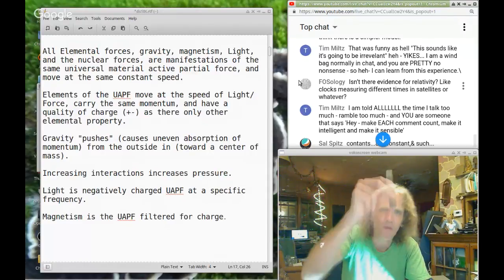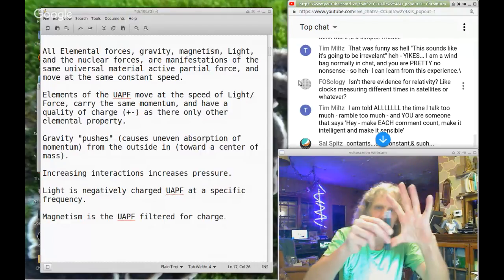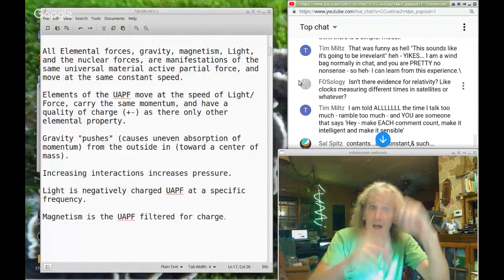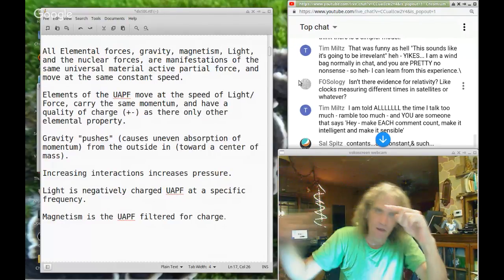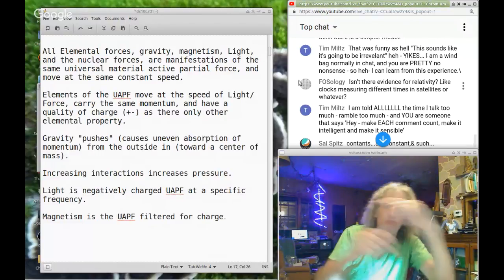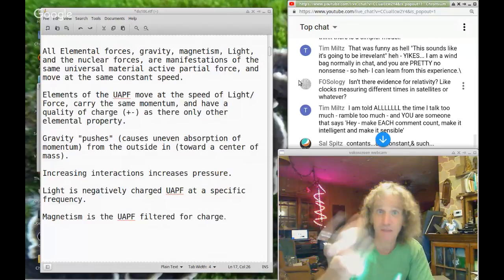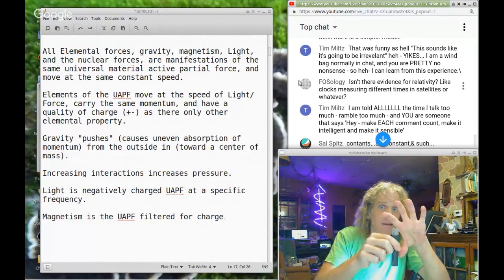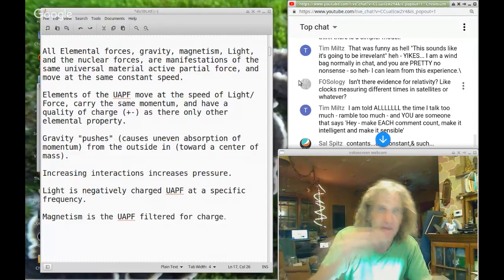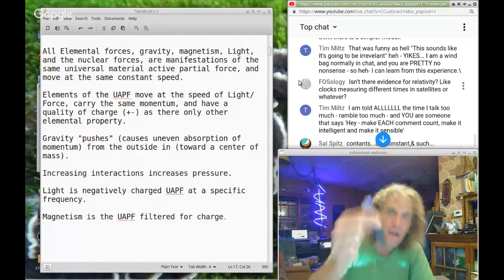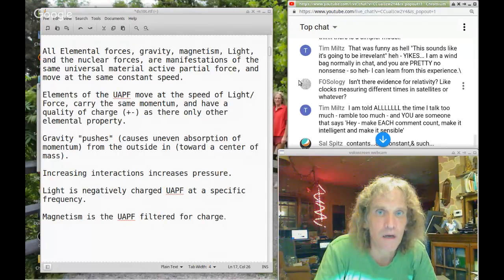If you're bouncing a ball up and down, right, it takes a certain amount of time for the ball to get from one point to the next. That could be a clock, right? It has a period. Click, click, click, click, click. Now, if I move that bouncing ball in a direction, the time of the clicks will be slower because it's the speed of light, the light can't move faster. So it has to move a longer distance, and it can't do it in the same amount of time. So it takes it longer to click, click, click. The clock is broken.